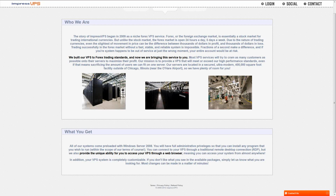Now, the reason it's not only for robots is because there are other benefits here. The other benefits of having a VPS is they have a much faster internet connection. They don't have all those bottlenecks. And I'm not going to get into the technicals of how all that works, but what it results in is a lower latency, a faster connection to your broker. And what that means, you'll have